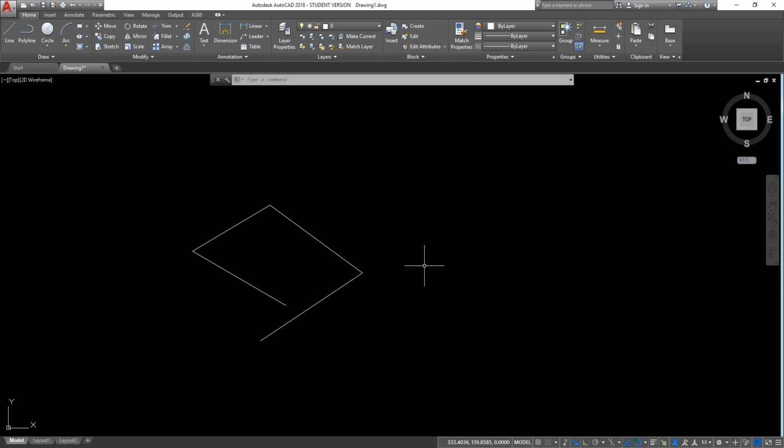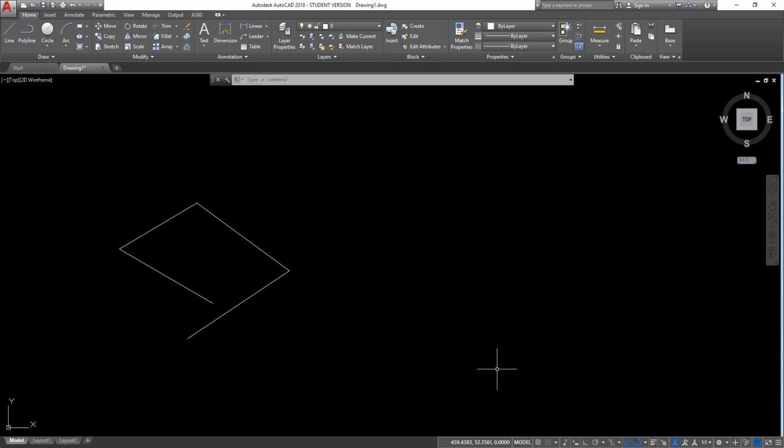The other way to do this is with the F12 function off. Okay, let's see this. I'm going to turn this off. Okay, dynamic input, it's on. F12, now it's off. You can see it here. For this method,